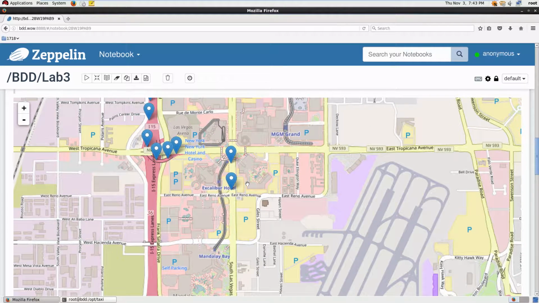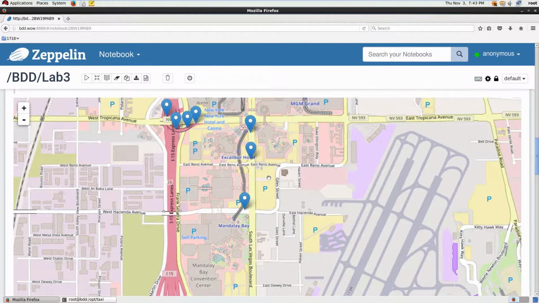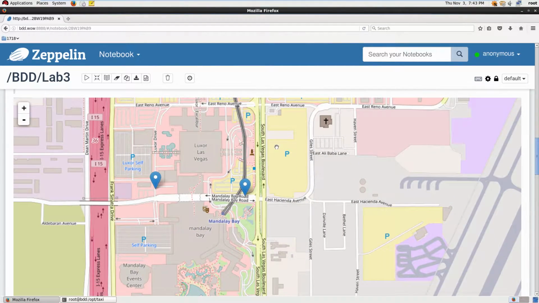He's turning in towards the strip, passing Excalibur Hotel, passing Mandalay,